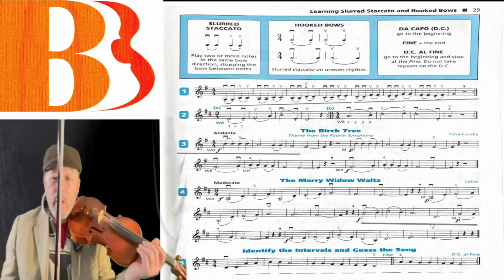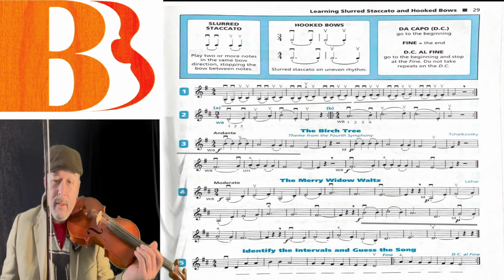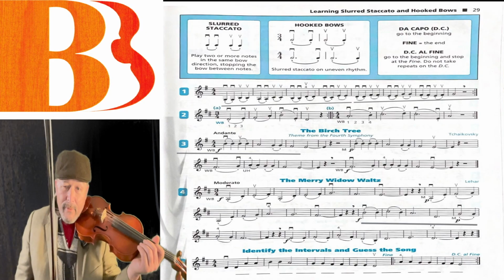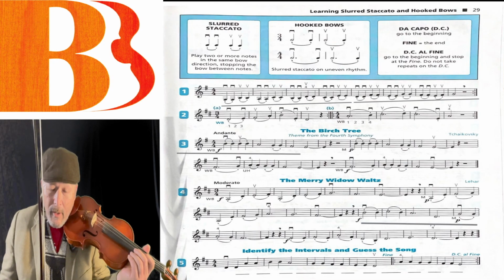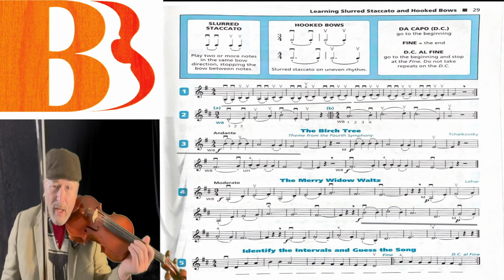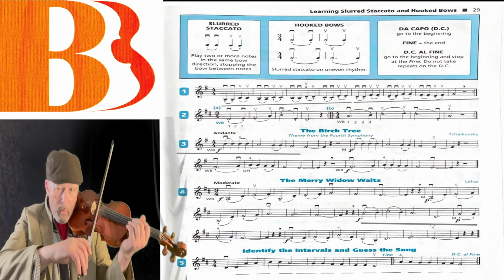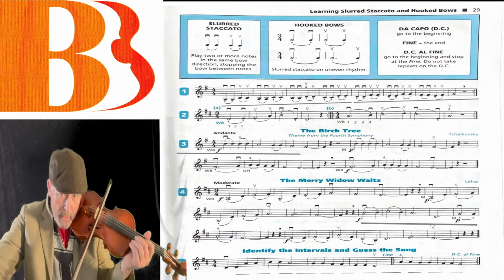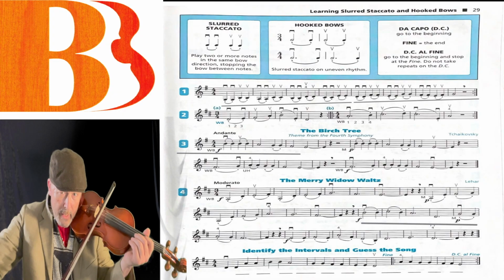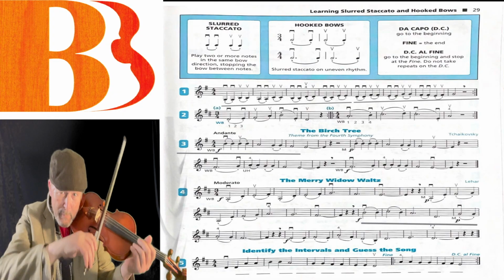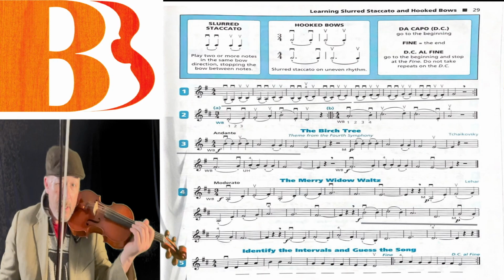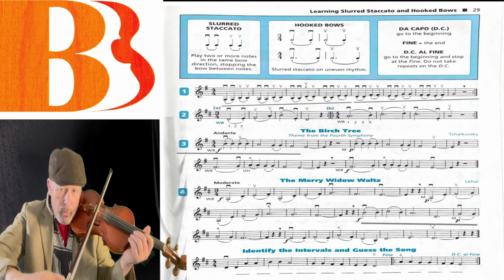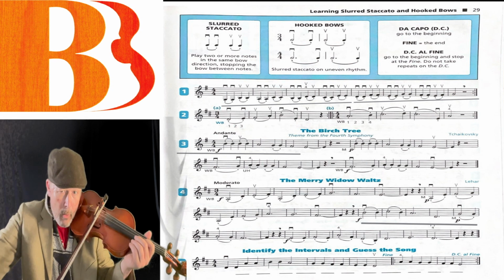Then, next, when you have a long note, then a short note, the slurred staccato is called a hooked bow. And it can be on an uneven rhythm. So 1 and 2 and 3 and, 1 and 2 and 3 and, and that's the 3/4 hooked bow. Now the 4/4 hooked bow is more square. 1 and 2 and 3 and 4 and 1